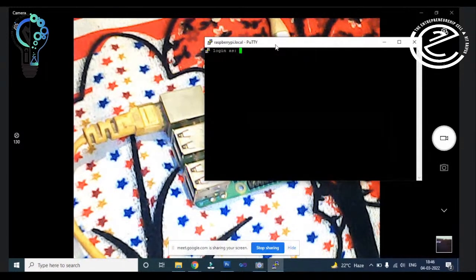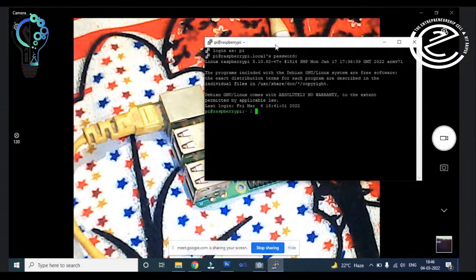So the default username and password for this Raspberry Pi board is pi. So you will use pi as the default user and then pi as the password. And if you enter the pi username and pi password, then it will open a command prompt and log in to your Raspberry Pi board. Right? You can see pi at raspberrypi.